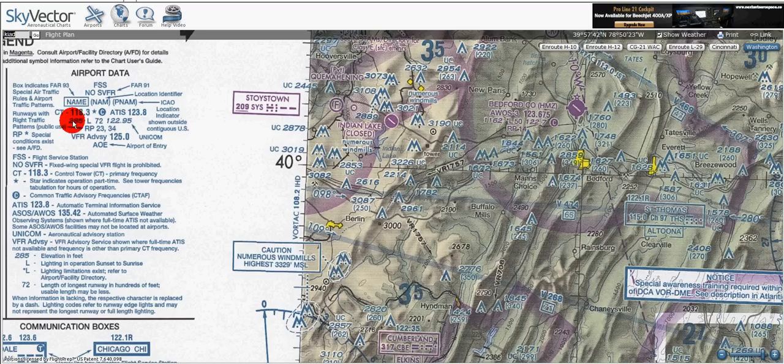Here we've got the elevation of the airport in feet, and that's measured at the highest point of any usable runway. L for runway lighting. If there's a star with the L, it means that there's limitations on the lighting, and you should look at the airport facility directory. The length of the runway to the nearest 100 feet,